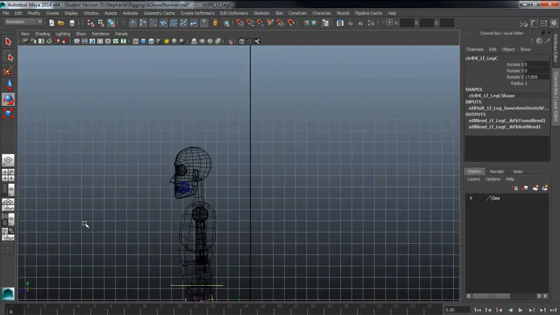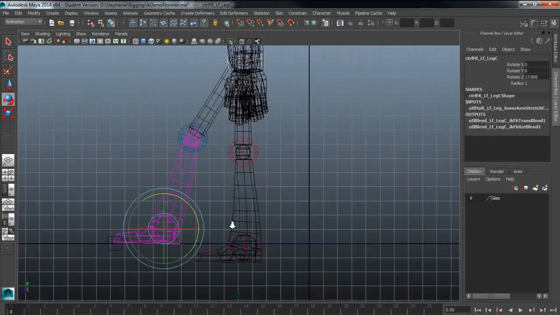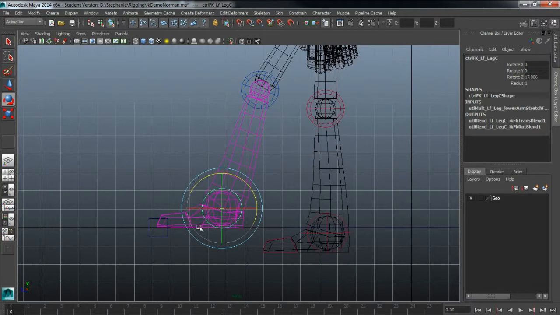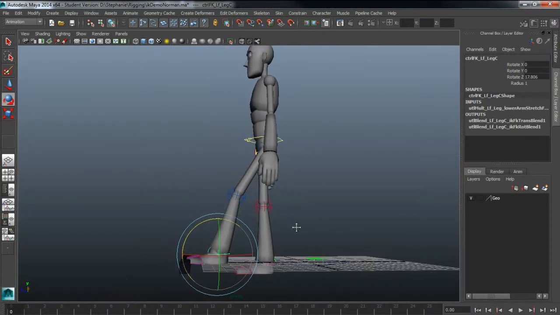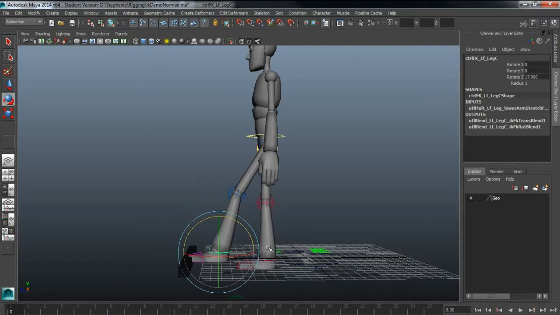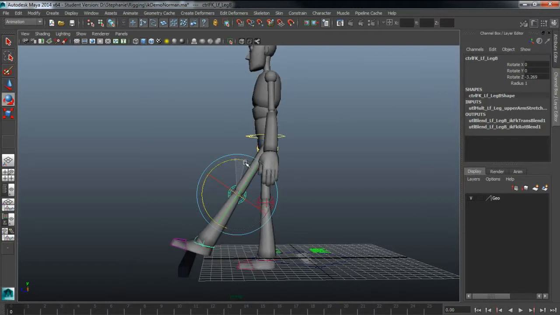If I look in my side view, I've actually got his foot vertically where it's supposed to be. Horizontally, however, that's not where I wanted his leg to be. So let's say I want to change it. I actually want his foot to be a little bit further forward. Well, I can't pull his foot forward, right? I have to rotate the knee a little bit and maybe rotate the ankle, but now his foot's off the